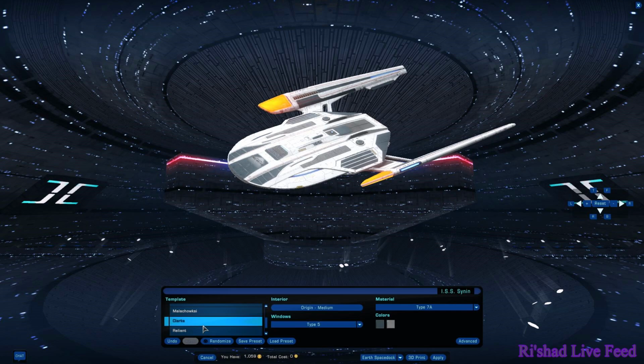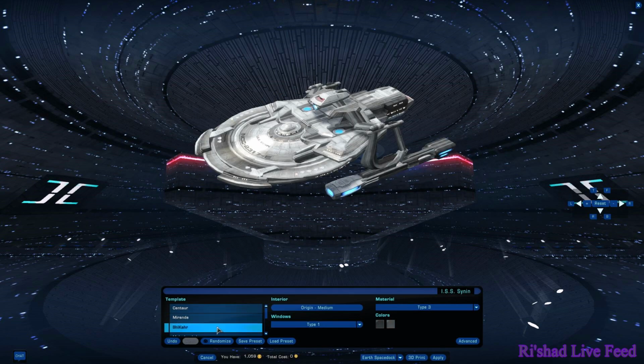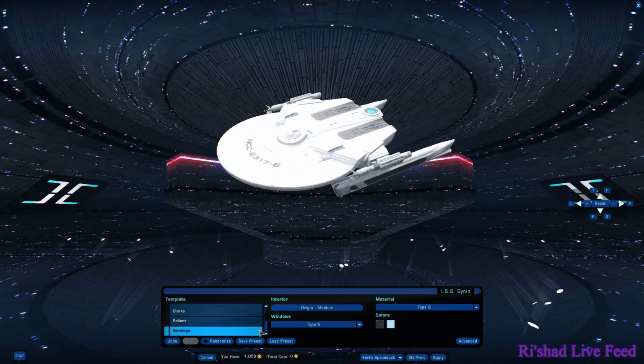Now, no matter which one you have picked in the Tier 6 range, you will have access to all these templates. This now means that with this ship, you have the Centaur, the Miranda, the Shakai, the Moawski, the Clarke, of course, the Reliant, the Saratoga, and the Soyuz. The Soyuz is a fleet variant. You will be required to pick up the Fleet Reliant, or the Fleet Miranda, should I say, in the Tier 6 variation, I think, in order to gain access to the appearance of the Soyuz. For those wondering, to get the Soyuz appearance,